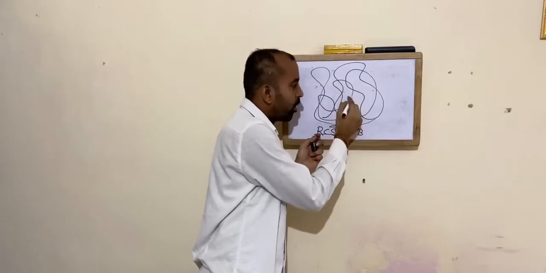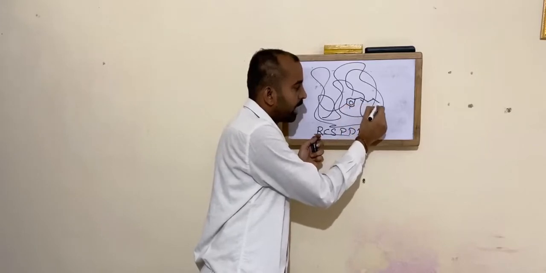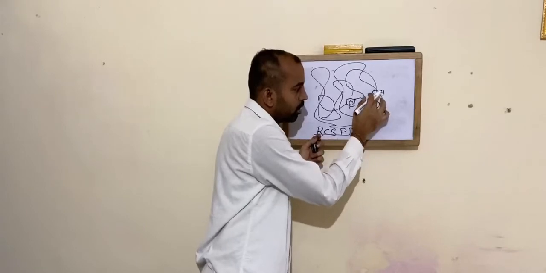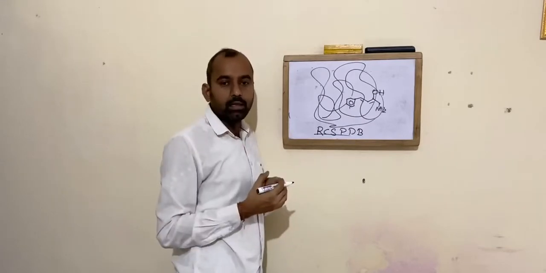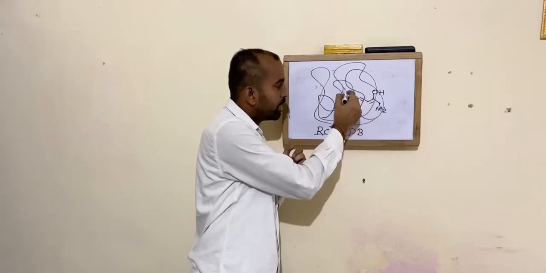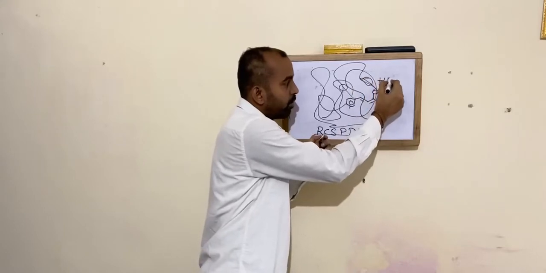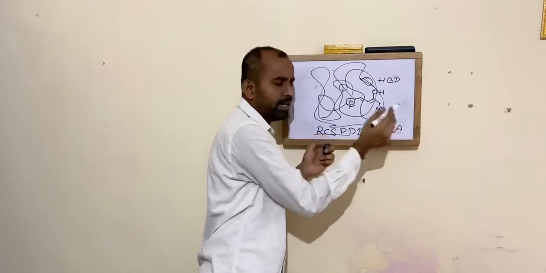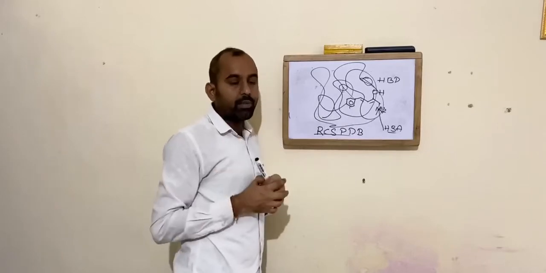Let me draw one small ligand, some X ligand. Assume that it is a ligand present inside the protein cavity. This ligand is bound with receptor residues through hydrophobic interactions, hydrogen bond donors or even hydrogen bond acceptors, depending upon the active site of the protein. So this is the fundamental information which you get from the protein.